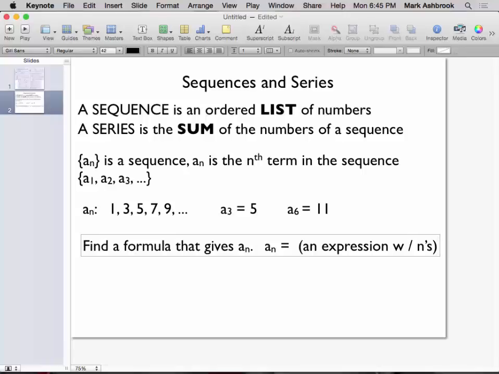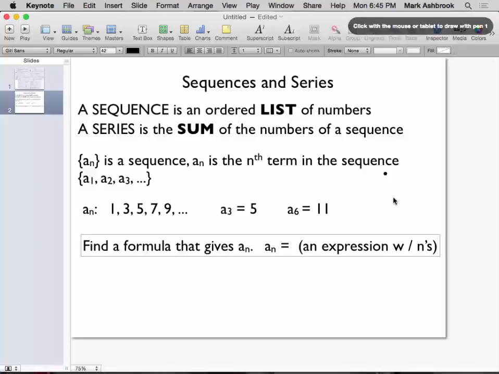So the question is, what is this expression with n's such that if you wanted to know what, say, A236 was, you could get it quickly because you'd have this expression. You just plug 236 into your little formula, and it would tell you what A236 was. Okay, so if some of you have seen it already in this particular case, but if you don't see it quickly right away,